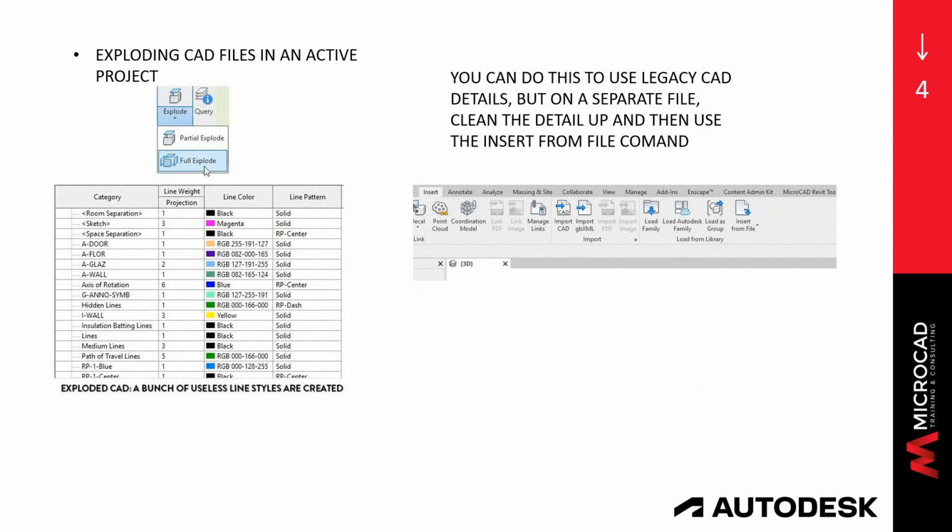And the big no-no is because you will start getting all these layers. And I mean, this is a simple file that got exploded. So I keep preaching, and we keep preaching that yes, you can bring CAD files into Revit, especially your legacy details. Do that in a separate project. Then grab that detail, bring it into a drafting view, explode it, turn it into Revit elements, purge that file,